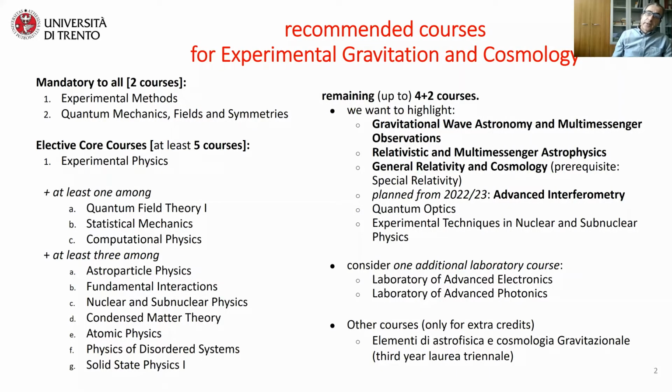Let's go to the recommended courses for our study plan. In addition to the mandatory courses, we have a recommendation for the elective core courses: take the experimental physics laboratory course, then choose one among quantum field theory 1, statistical mechanics, or computational physics, and then three among astroparticle physics, fundamental interactions, nuclear and subnuclear physics, condensed matter theory, atomic physics, physics of disordered systems, and solid-state physics 1. For the remaining courses, we want in particular to highlight the gravitational wave astronomy and multi-messenger observations,